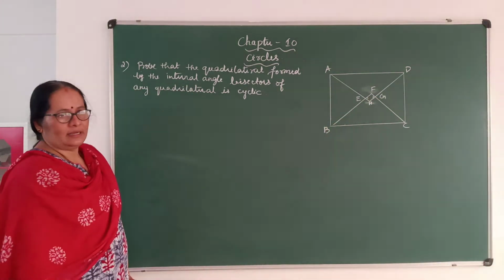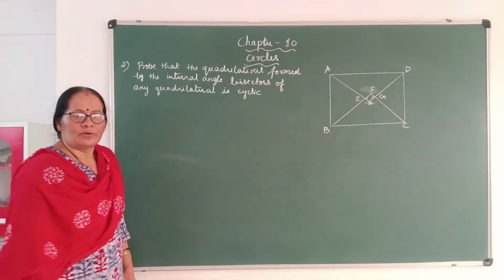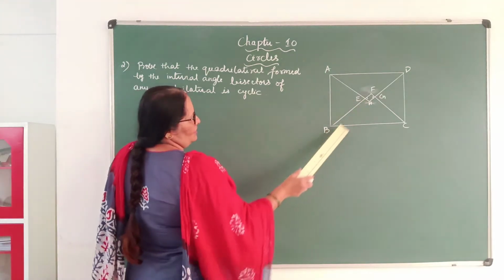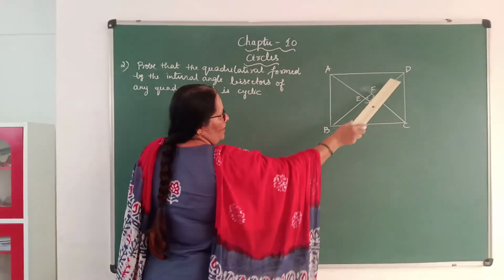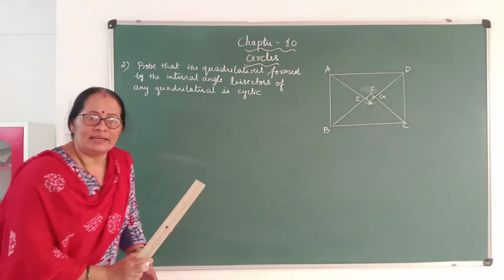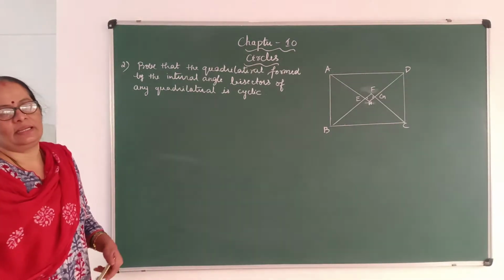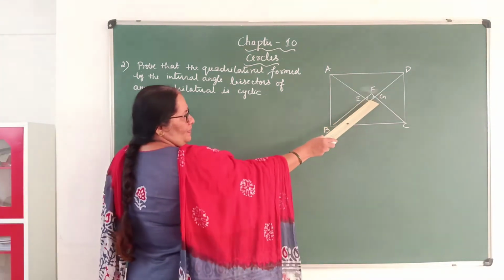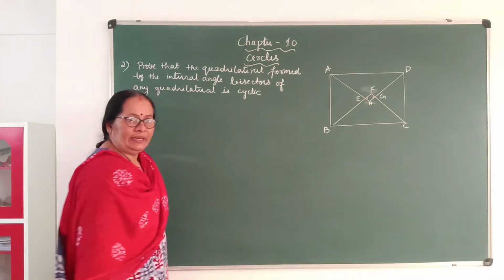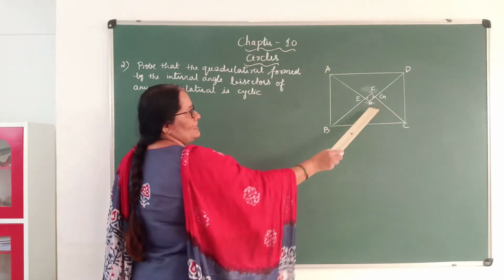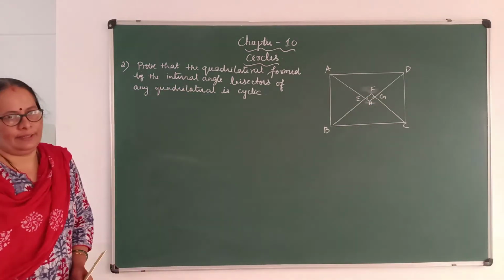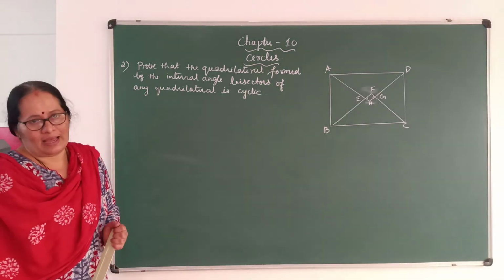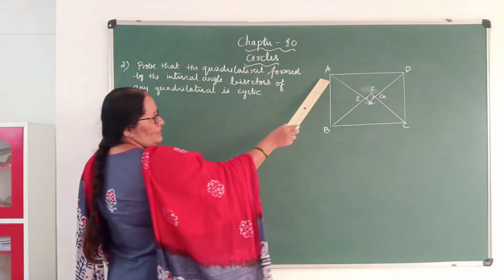Now what is given here? ABCD is a quadrilateral and bisectors AH, BF, CF and DH are the bisectors of angle ABCD. To prove that angle E plus G equals 180 and angle F plus H is equal to 180. You know that angle bisectors bisect the angle. So that in this triangle